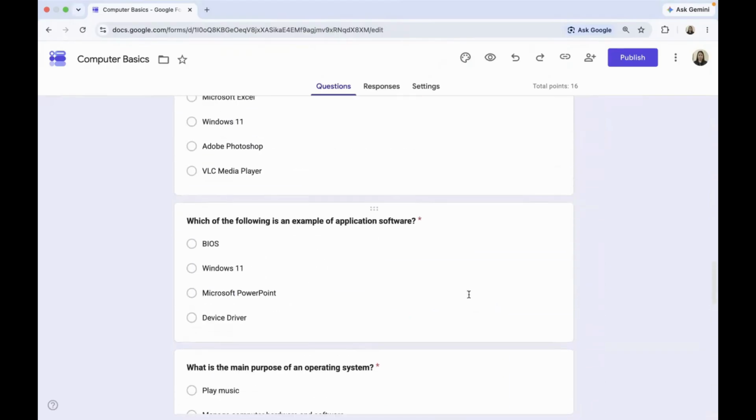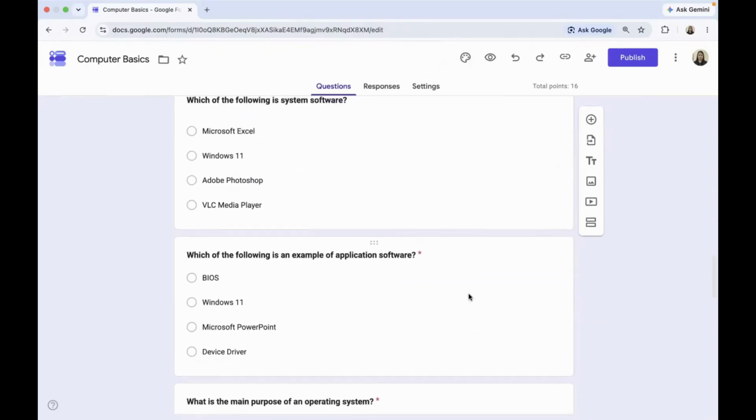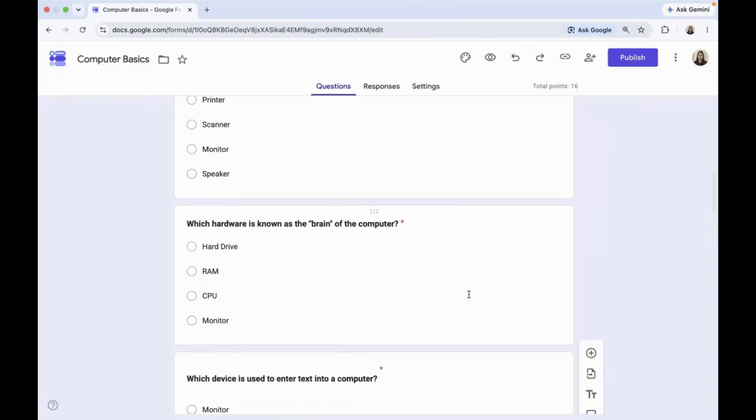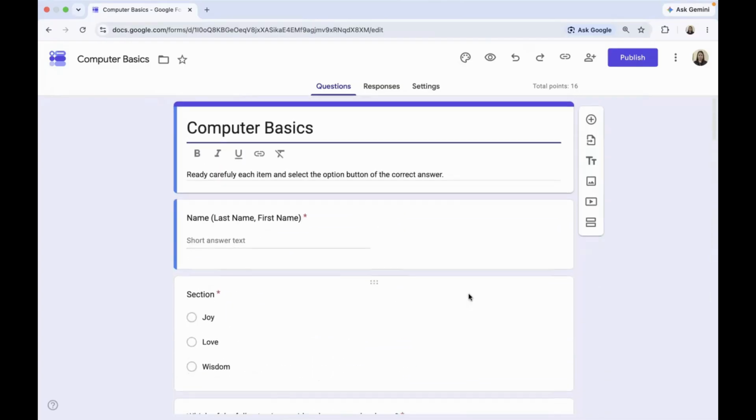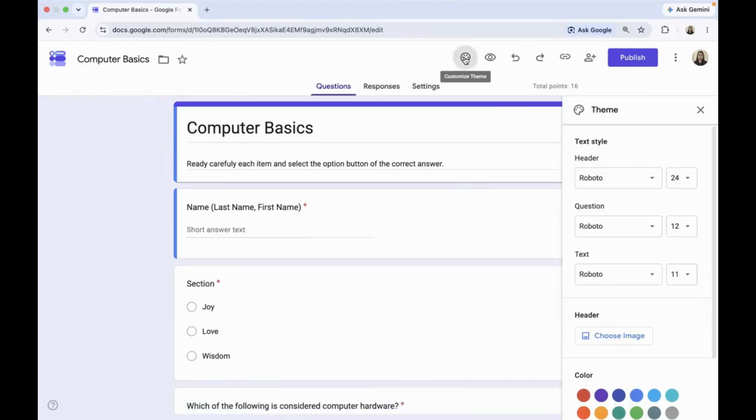So we are already done with the creation of our Google form. At this point, we will now customize the form. To do the customization of our Google form, you have to go to this button. Okay, so this is customize theme. So we will customize the theme of this Google form. To do that, we have to click this icon